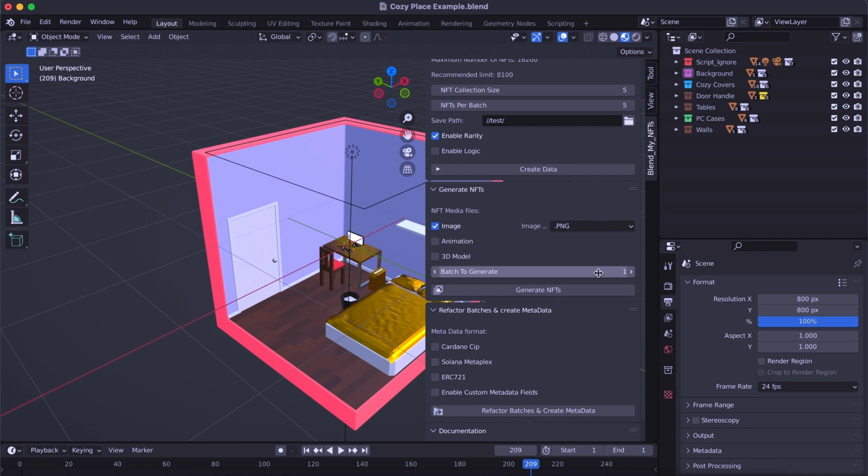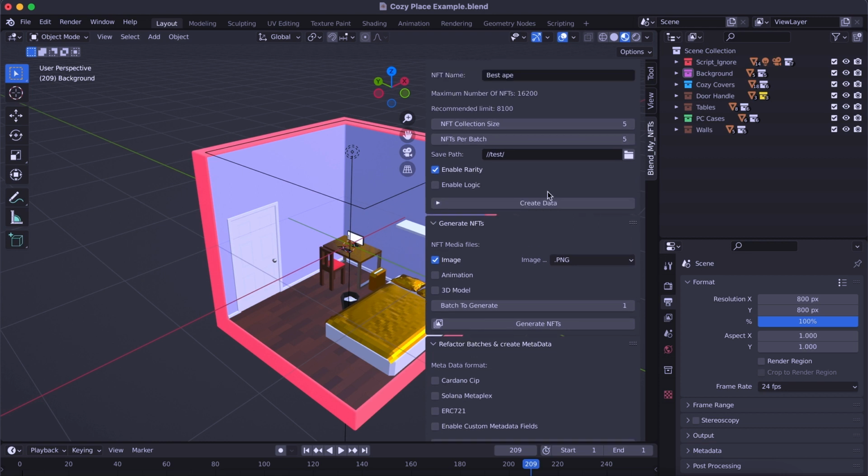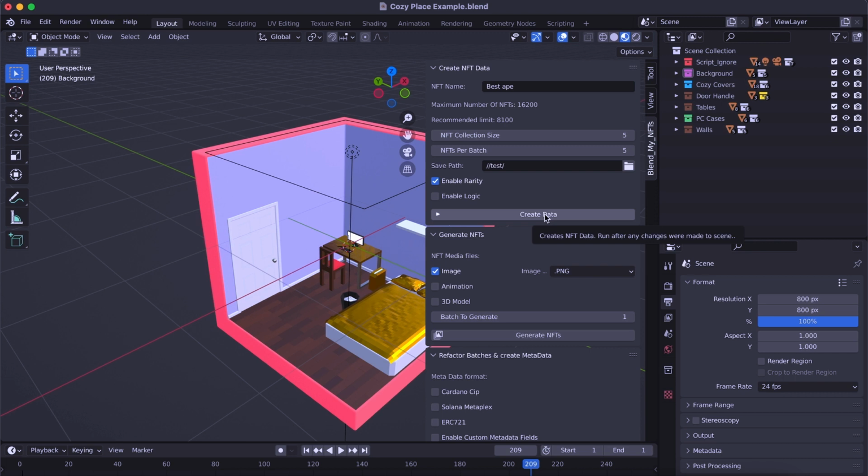That's amazing, man. And then I see that you have some options for the metadata, but should we first generate the NFTs? The first step would be to create data. So there's a button up there in that first tab. Okay. And this is a really important step because it sort of acts as a record of what our NFT will be. So if we click that and then head over to that save path that we set,